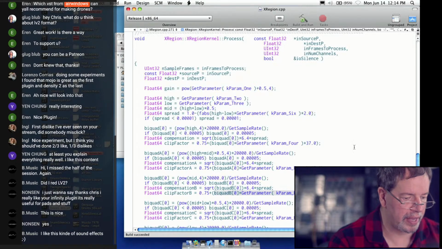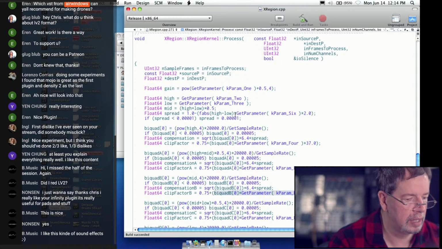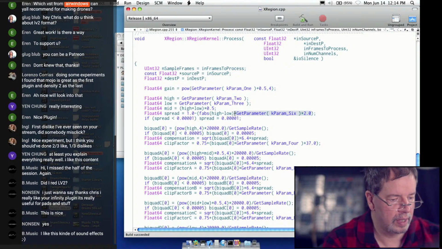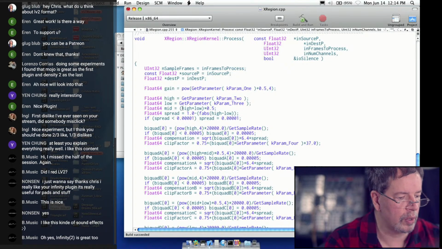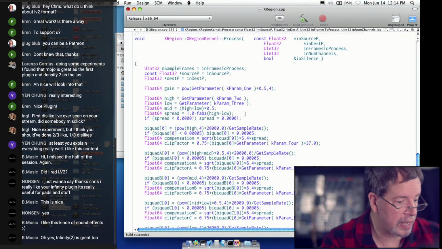Let's quickly build that in. I'm not sure if you get what that meant. 0.5 times 2.0. 1.0 minus fabs high minus low. So that becomes spread. Spread can't actually be